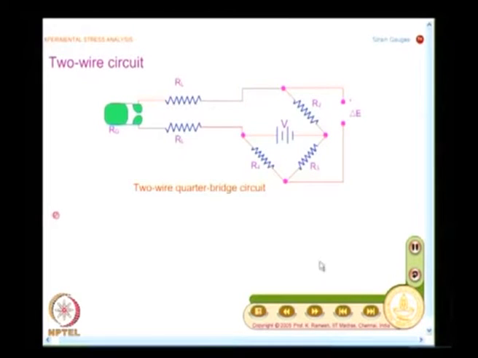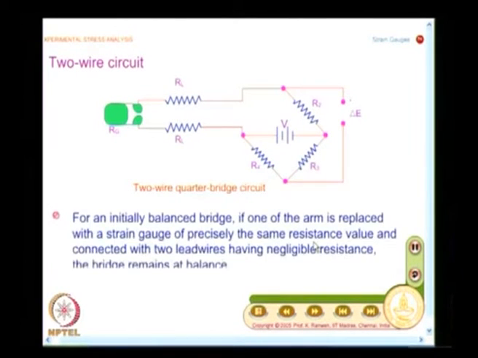And suppose somebody gives you a strain gauge, what will you do? You just connect the strain gauge to the Wheatstone bridge. I have 2 points, and I take a wire and then connect it to whichever arm that I want. I connect it appropriately, and that is how you would normally connect a strain gauge, by connecting 2 wires.